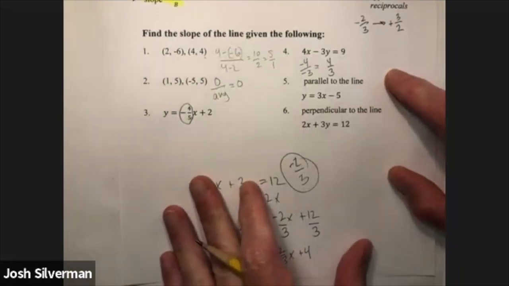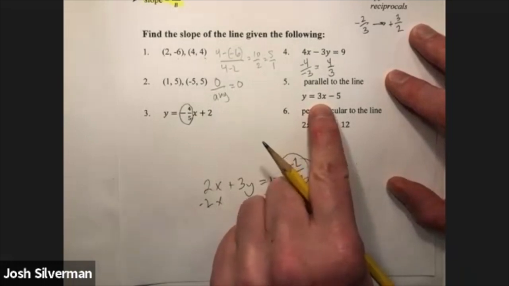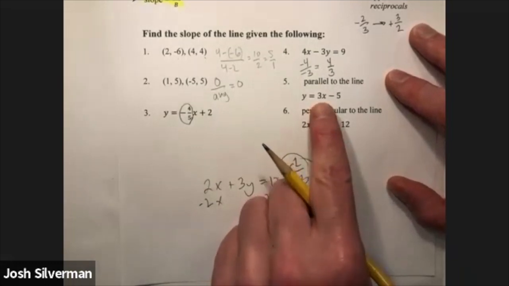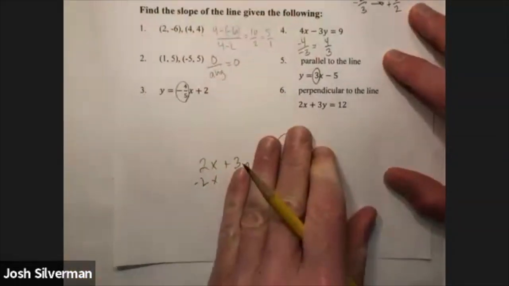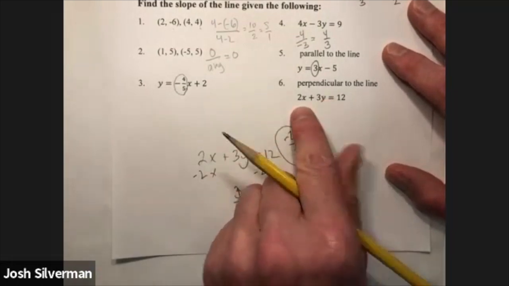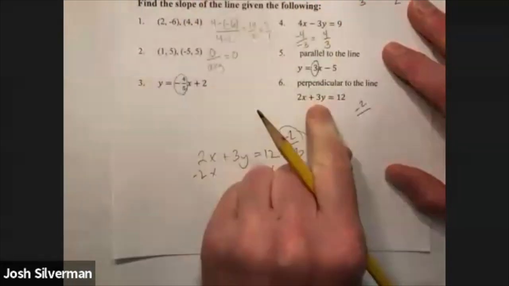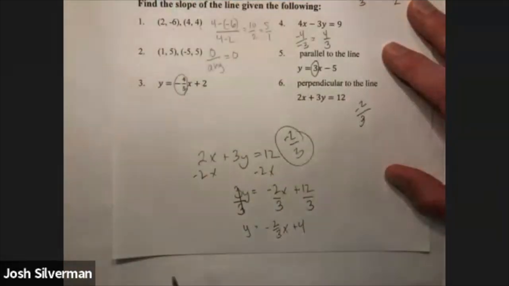What is the slope of a line parallel to the line y equals 3x minus 5? Well, what is the slope of the line y equals 3x minus 5? It's 3. What is the slope of a line parallel to that? It's the same thing. What is the slope of a line perpendicular to 2x plus 3y equals 12? It's the opposite of the thing in front of x, that's a negative 2, divided by the thing in front of y, that's a positive 3. But we want perpendicular, so we're going to do opposite and flip,